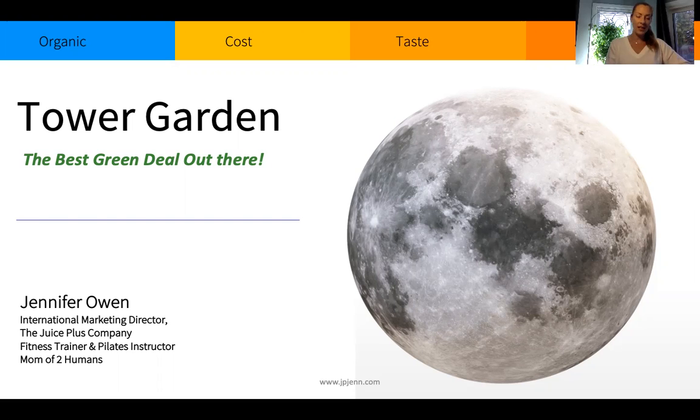So before I dive into that, I just want to share with you, this is a foolproof appliance, and it is really an invitation to an awakening experience on how you can do something good for the environment, make different choices. And so some things that I've learned over the last 8 years growing on the Tower Garden has been,